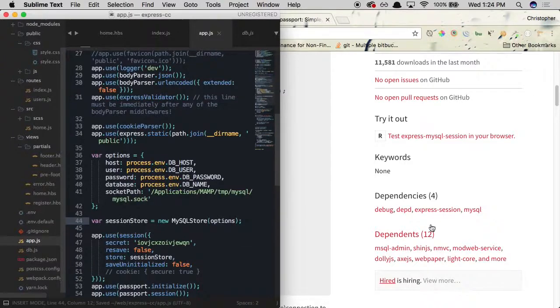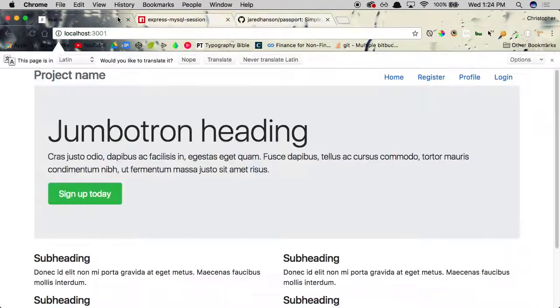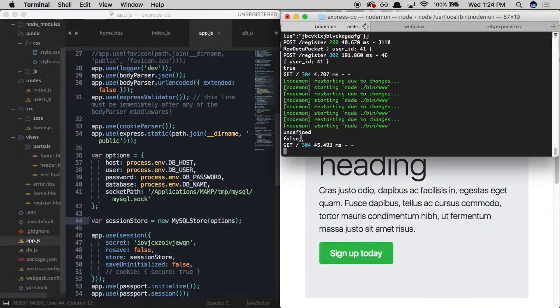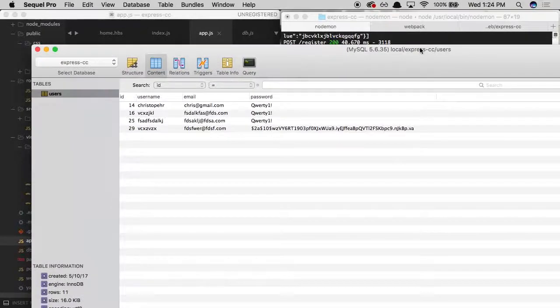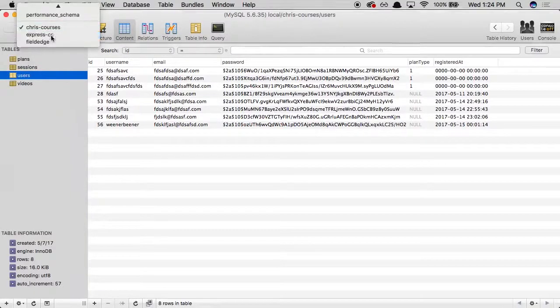So if we save this and look in our terminal, we should not be getting any errors in Nodemon. Let's go ahead and refresh the page just to make sure. If we look at Nodemon, okay, you'll see that indeed our user has gotten logged out because Nodemon restarted automatically. But what should be happening now, or at least soon, is whenever we look in our database, we should be seeing a table for sessions, and we should also be seeing session data being inserted within here. And this will help you better visualize what kind of data is being stored within the session in the first place. So if we go ahead and refresh our database over here,